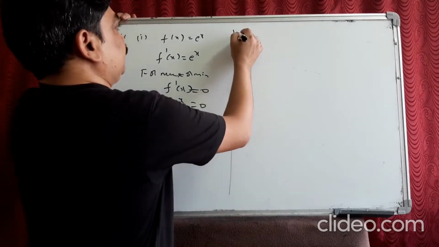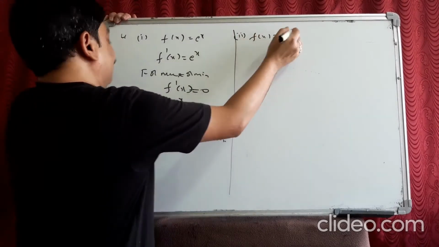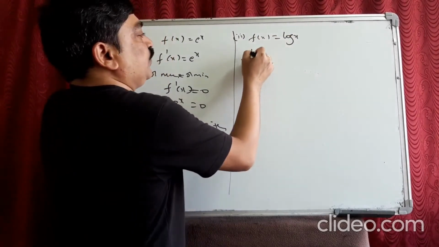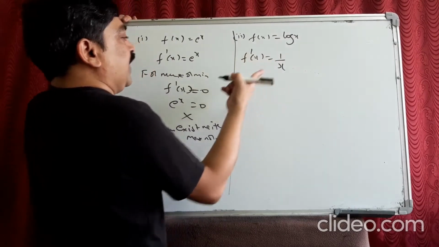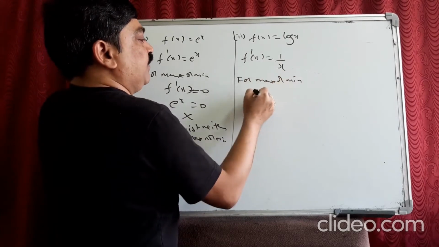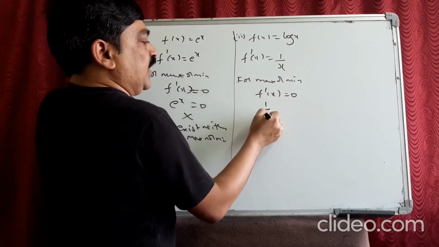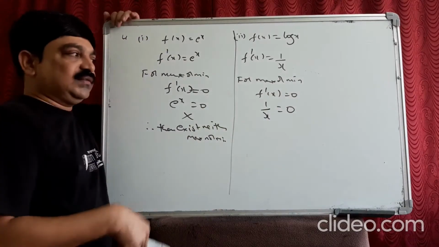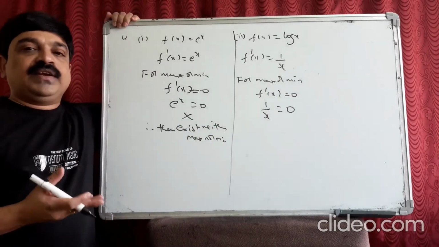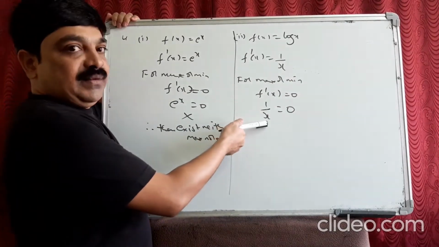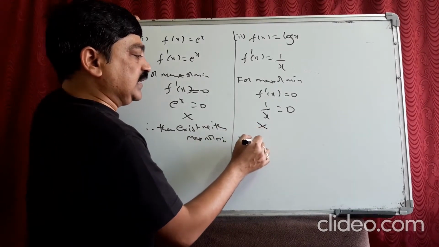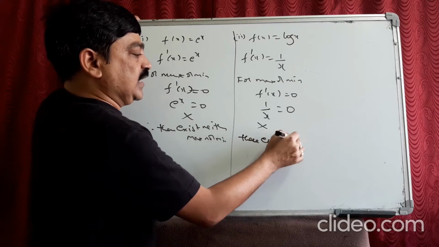In the same way, second one, f of x is equal to log x. So the same process we go. F dash x is 1 by x. Do you find any value for maximum or minimum? F dash of x is 0. Do you find any value that makes it 0? Never. It will become 0 only when x is infinity. That is also no proof. Infinity has no value. So it will never happen. So therefore it is also wrong. There exists neither maximum